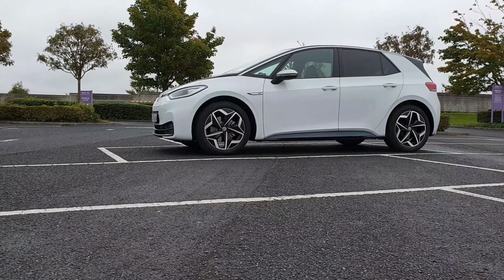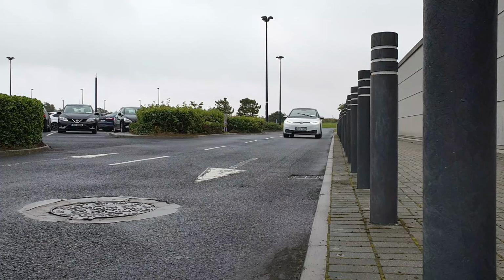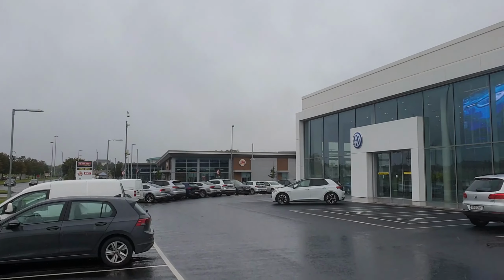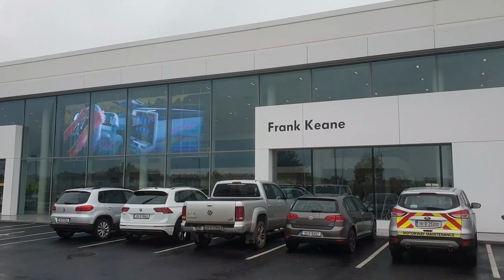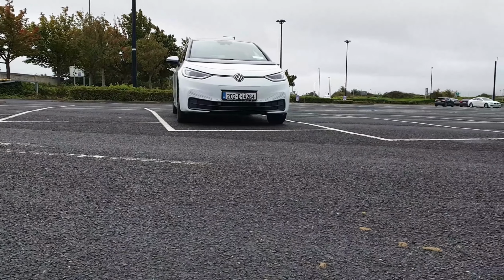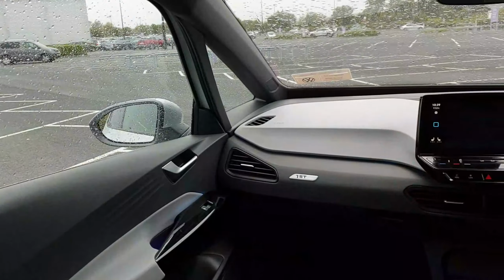Welcome to the video. Finally, it's arrived, the Volkswagen ID.3. Let's have a look around what is VW's most important car since the Golf. We're at Frank Keane Volkswagen in Liffey Valley to take the ID.3 for a spin. This all-new EV replaces the e-Golf, which is now gone, and the ID.3 is the first ever purpose-built EV from